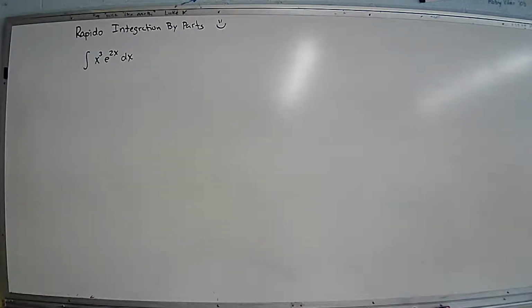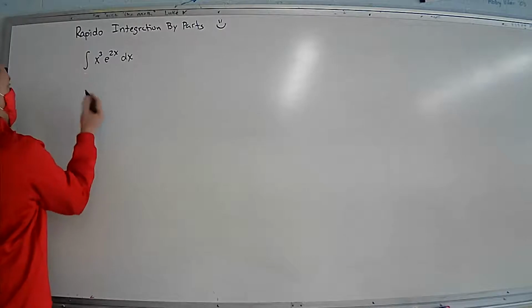Now, if you've been paying attention and you know what you're doing right now, you probably could look at that, or should be able to look at that, and say, I don't want to do this because I'm going to have to do integration by parts 3 times. And that's going to be a hot mess. Right? So here's where the shortcut method